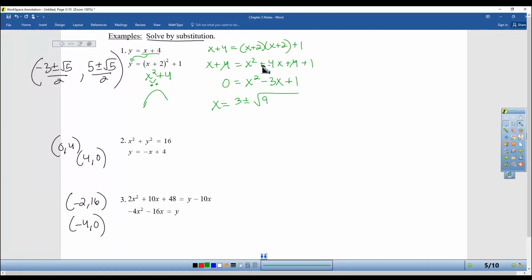Oh, hold on, this is a plus 4, so this is minus. B squared minus 4ac all over 2a, which turns out to be -3 plus or minus the square root of 5 over 2,